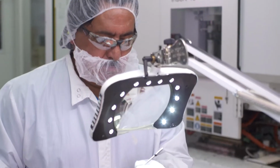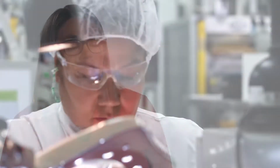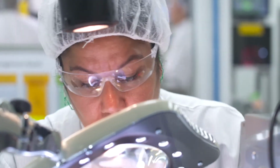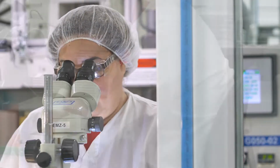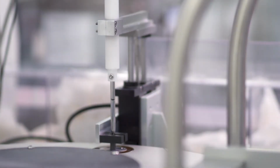There's a lot of thermoplastic molders out there, especially in the medical device industry, but what is really unique about us is that two-material molding. We may take a rigid plastic such as a PEEK polymer, and then we will bond it with silicone rubber. We can take a metal component and bond it with silicone rubber. We can do TPU, TPE, and putting them together